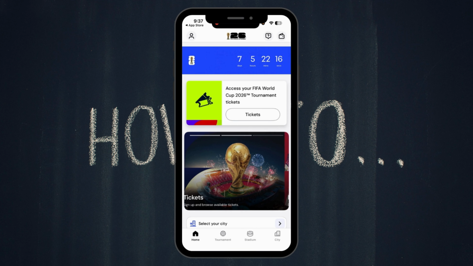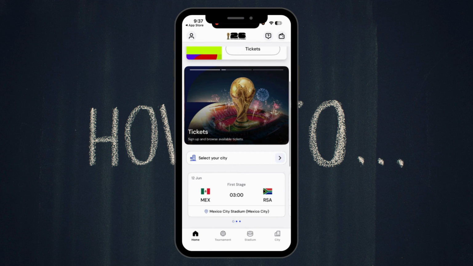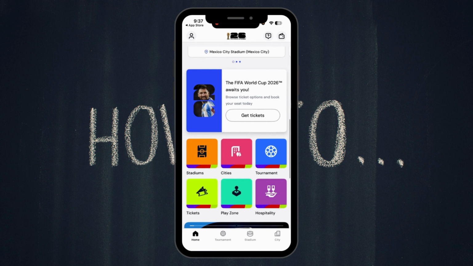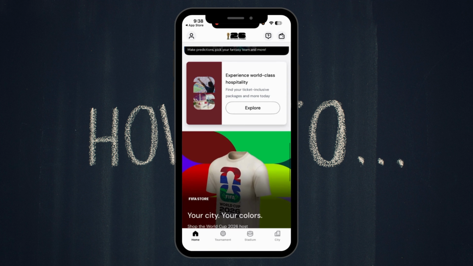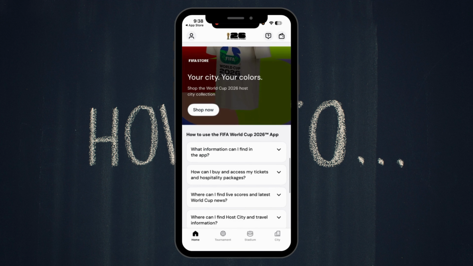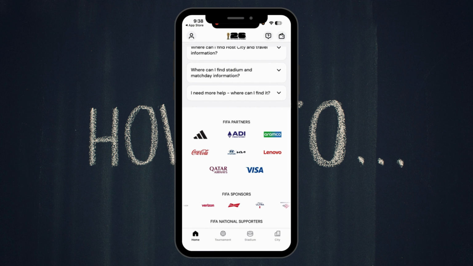to FIFA Official App. Now this app provides live scores, match schedules, team standings, lineups and statistics, match notifications, fan planner, and tournament updates. Now, to watch and follow the FIFA World Cup 2026, so at the bottom, go to